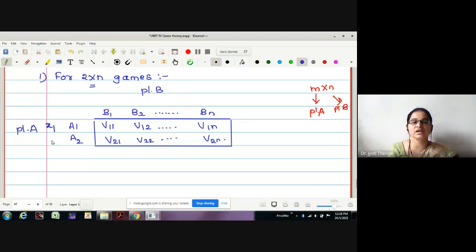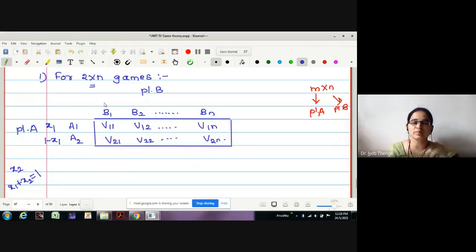If I write the probability for player A to play activity A1 as x1, then what is the probability to play the second activity A2? Many times we have written this. This is 1 minus x1. Actually, we were writing this as x2, it should be x2 actually. But the fact known to us is x1 plus x2 is equal to 1. Therefore, I can write x2 is equal to 1 minus x1. The sum of both probabilities is 1, and every probability value is non-negative.